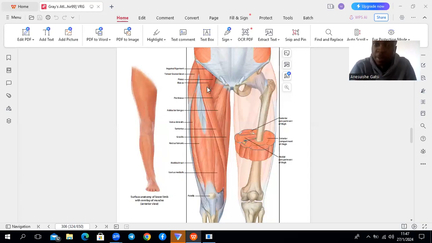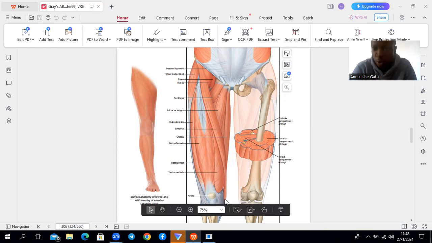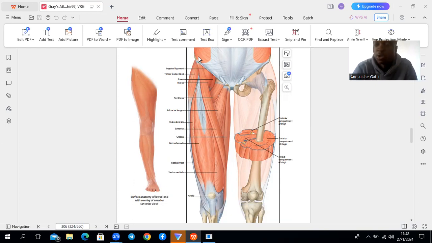Right, so we'll talk about the Sartorius muscle. This is our Sartorius muscle, which is the longest muscle in the body. It crosses obliquely on the anterior aspect of the thigh from the upper lateral side to the lower medial side. Its origin is from the anterior superior iliac spine, which you remember also happens to be an attachment for your